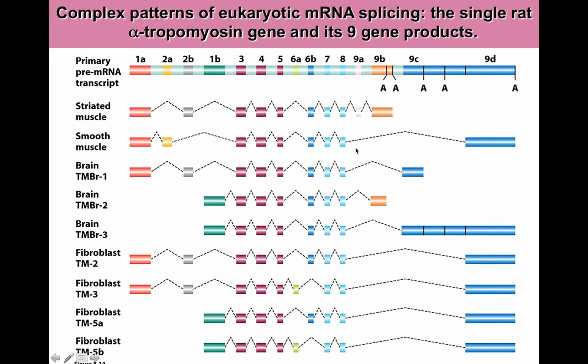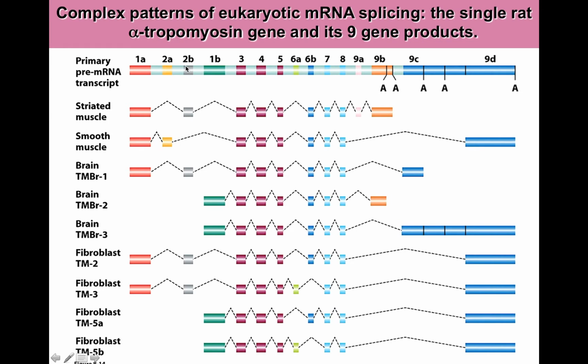Here is a very good example of how one single gene can produce many different proteins. Here is a gene for alpha tropomyosin. It is a protein that is found in muscle tissue. Here is the primary transcript of the gene. It contains